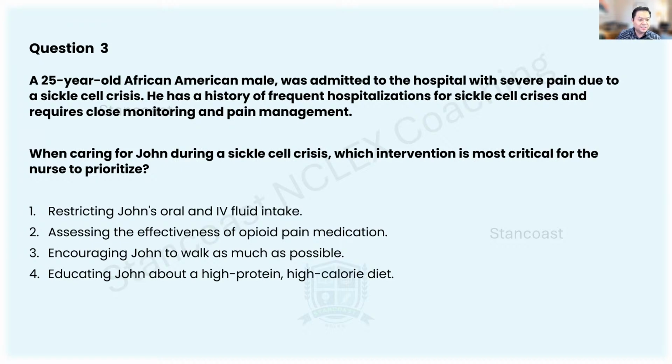Okay. Number 2 is Jet's answer, assessing the effectiveness of opioid pain medication. So let's reread the situation, guys. I know that I presented it earlier that those 2 are priorities about pain control and hydration, but on those 2, 1 is of a higher priority. I forgot to emphasize that, guys. Those 2 are high priorities, but comparing the 2, there is a much higher priority. So the question stated,